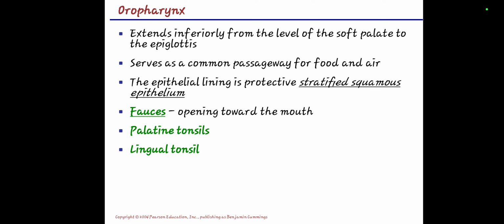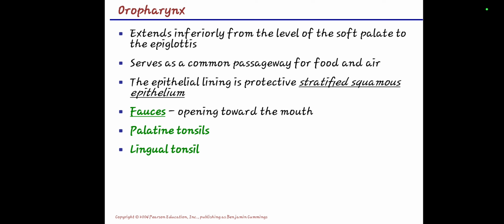While stratified squamous epithelium is a type of tissue found covering and lining parts of the body. In this tissue, the cells are flattened and usually joined tightly together. That is the stratified, and the major function of it is to protect the area, to protect the lining. That's why it's called stratified squamous. It is for protection because it is for covering and lining parts of the body, and it is usually a part of connective tissue. So that is the oropharynx.